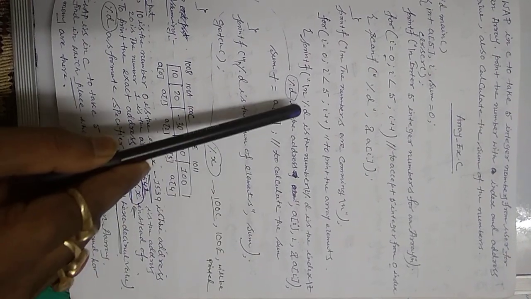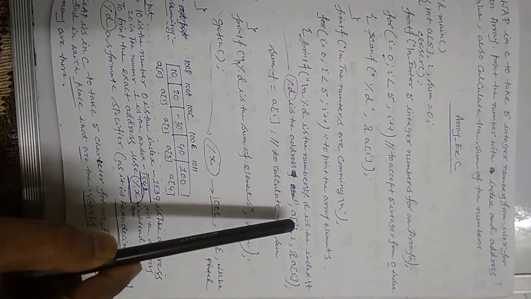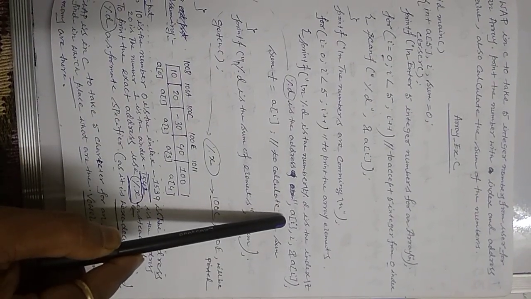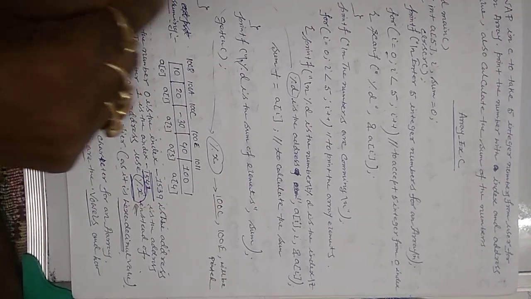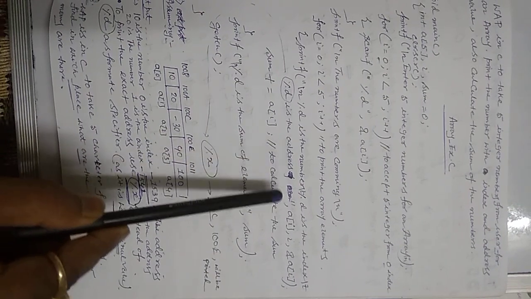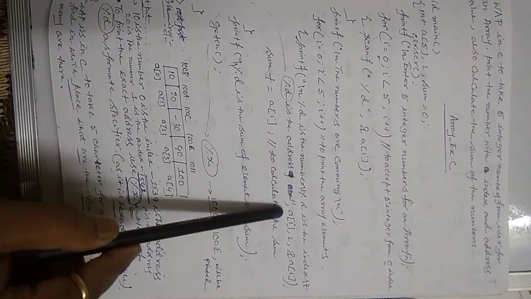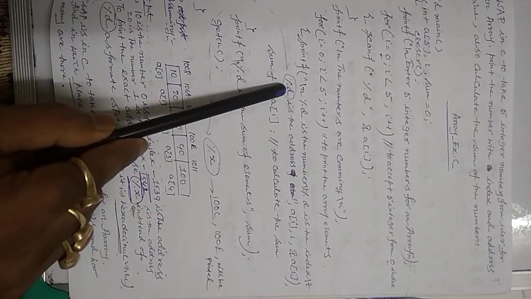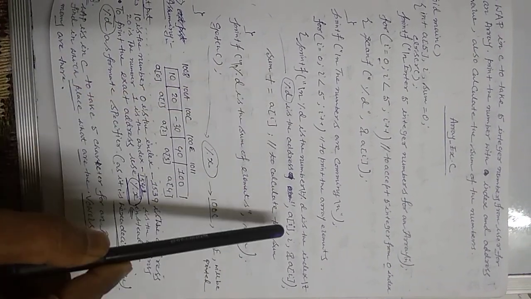Now for this first format specifier of integer type, we will take the help of a[i] as a variable. It will print all the elements from i equals to 0 to i equals to 4 in that particular array named a. Then i is the index. It will indicate the 0 index, 1 index, and up till 4 index. And a[i] is the responsible variable for the last format specifier.